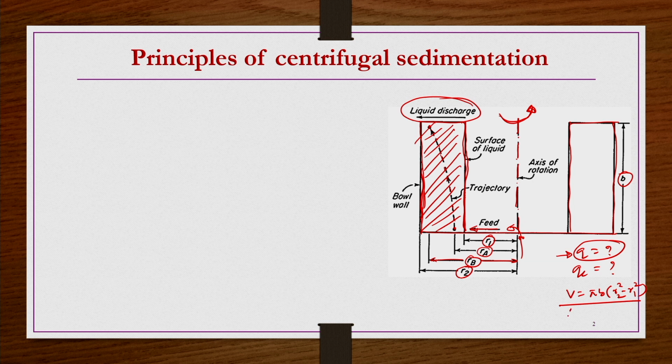If you know the residence time, let us say Tt, then you can know the required volumetric flow rate for the separation of the particle. For that, we do some simplification to get this residence time, and then divide this volume of the liquid by this residence time to get the required flow rate. This required flow rate will also be a function of some kind of cut diameter.